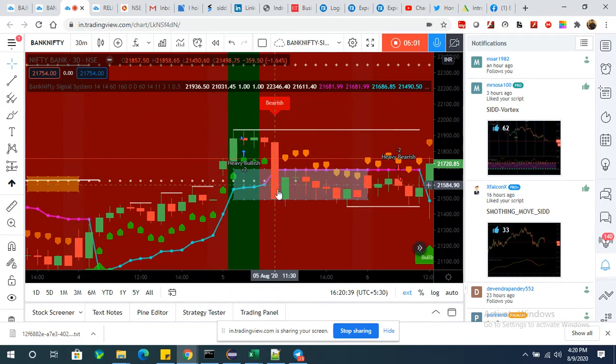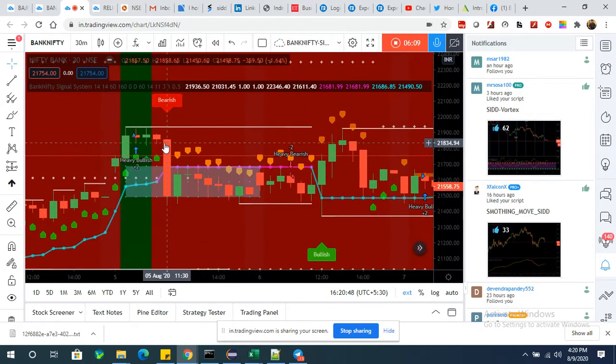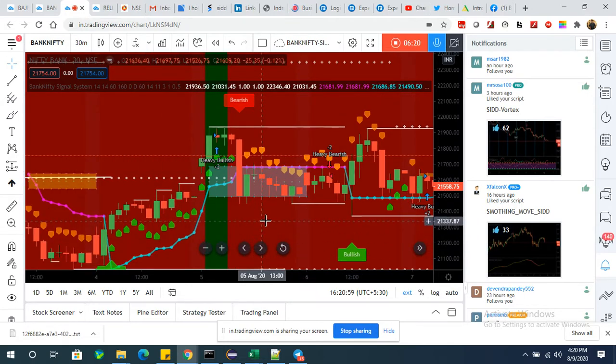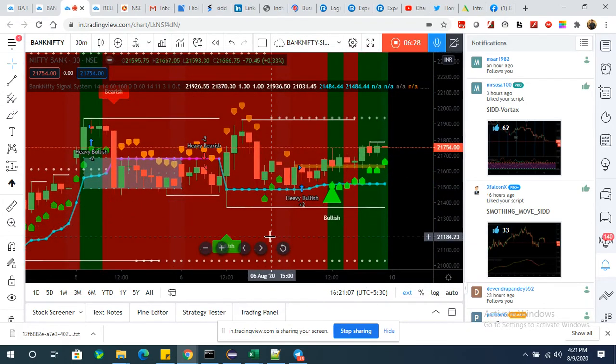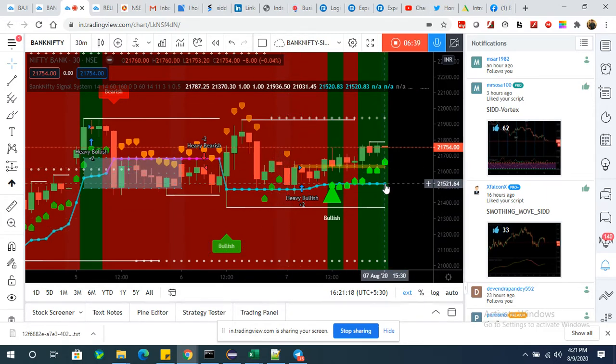So with this signal, you see that the bearish trade came here, so your previous long trade gets closed from here, and you take the short trades. Short trades came here, you continue your short trades. Another heavy bearish trade came here, and your two short trades get closed with this bullish signal. So the algo is assuming that you are always in a trade. Any bullish or heavy bullish trades always get closed with the next resistance line or support line, or any candle close below the stop loss line.